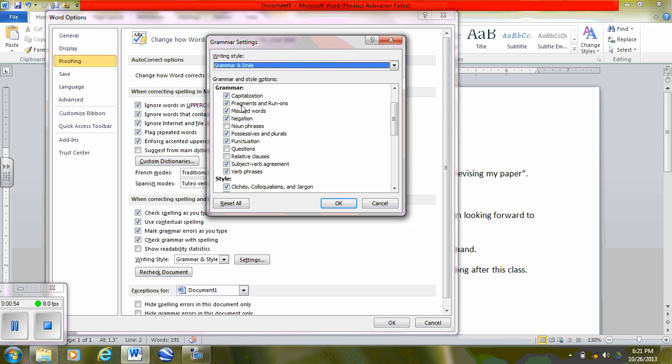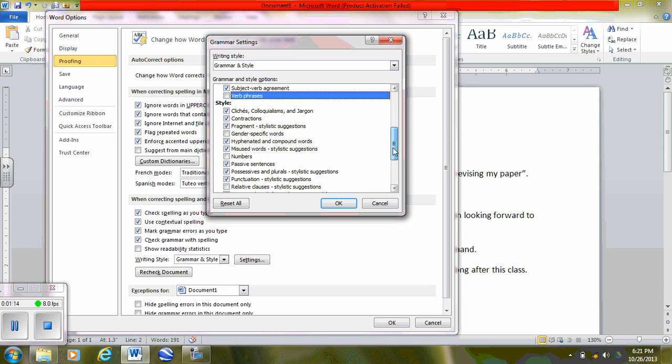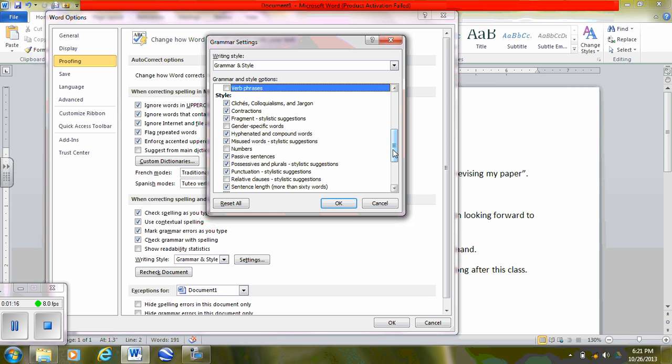Capitalization, fragments and run-ons, misused words, negation, possessives and plurals, punctuation, subject and verb agreement. I don't really use this one very much. Clichés, colloquialisms, and jargon, contractions, fragments again, hyphenated words and compound words, misused words, passive sentences, possessives and plurals again,